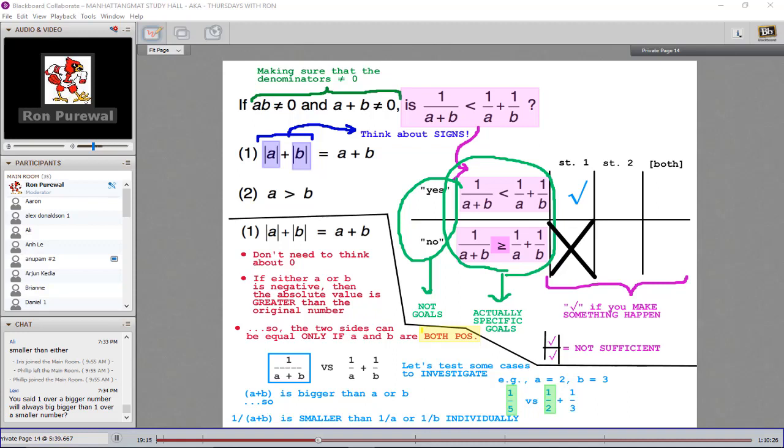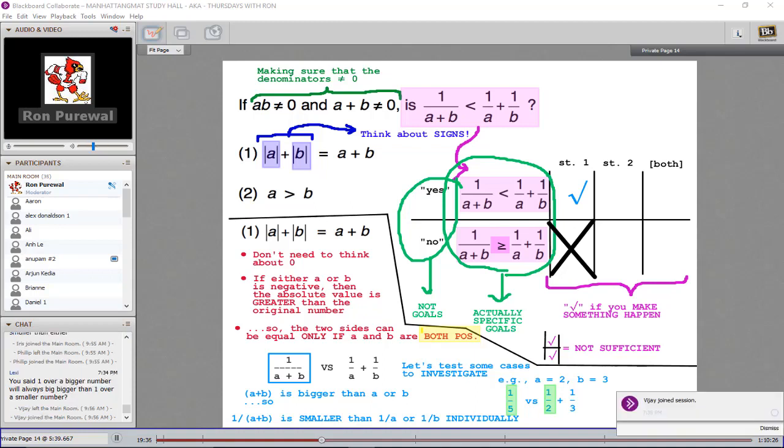Lexi, that's not what I meant to say. If I said that, that's backwards. If everything has the same sign, then 1 over bigger is smaller, and 1 over smaller is bigger. If you just think about fractions, that should make sense. You know that 1/1,000,000 is a lot less than 1/2. A million's a lot more than 2. That falls apart if they're allowed to be different signs. If a is positive and b is negative, then a is more than b, and 1/a is also more than 1/b. But everybody here is positive, so this is